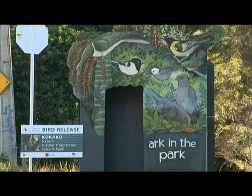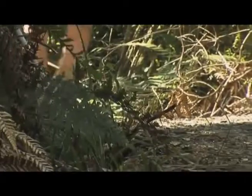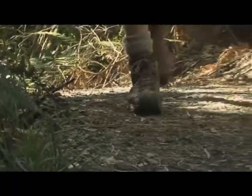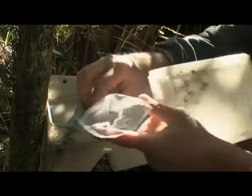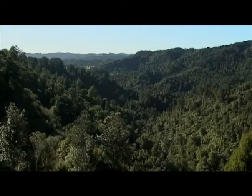The Ark in the Park project was set up to protect native wildlife in the Waitakere Ranges. Ark in the Park chairman John Summich has helped to develop the project from its very beginning. "Ark in the Park was a concept 10 years ago, and based on the work done by the Department of Conservation on the mainland islands, where by having traps and baits in forest you could protect the native birds and species in that forest. This whole area of the Waitakeres was chosen after looking at some 15 different possible sites, and